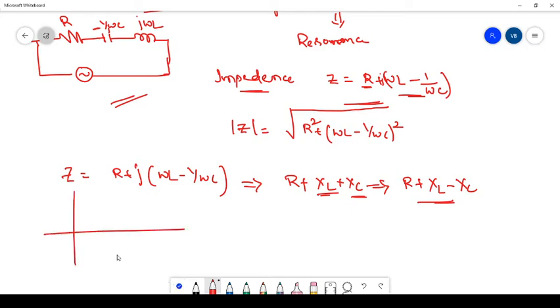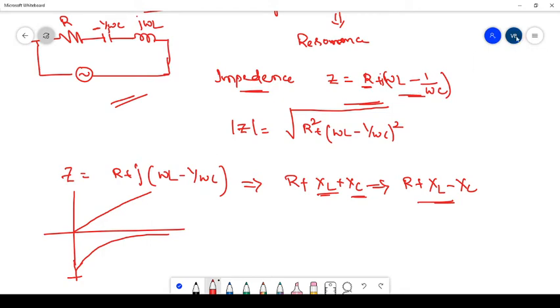This is a graph we already saw in the last session. The capacitor initially has maximum negative reactance and then slowly decreases to zero, and here the inductive reactance